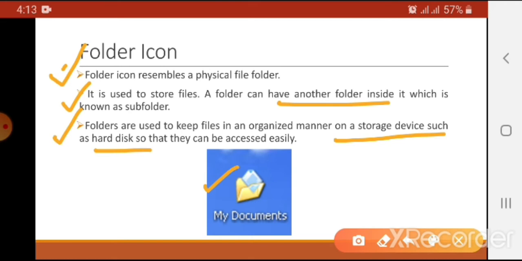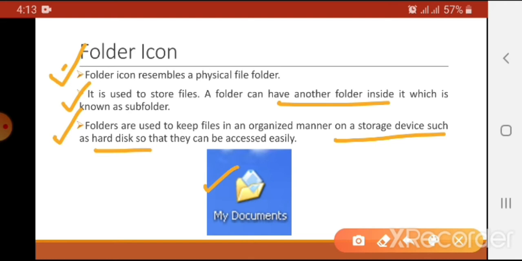If you want to save pictures from your farewell party, what will you do? Definitely you will make a folder named farewell and store all those pictures in that folder. Similarly, if you have pictures of a trip, you will name the folder trip and save those pictures into it.